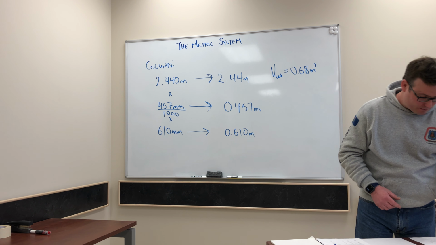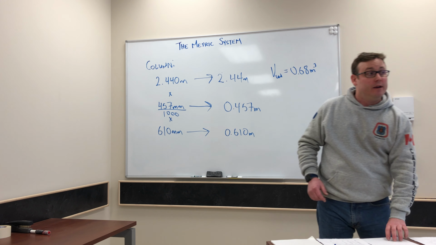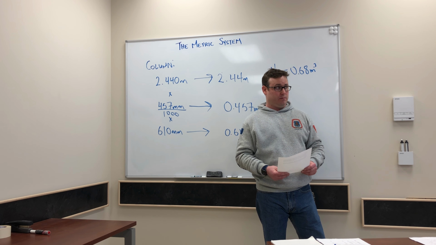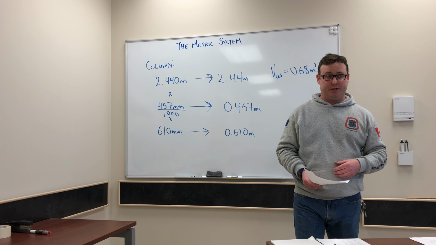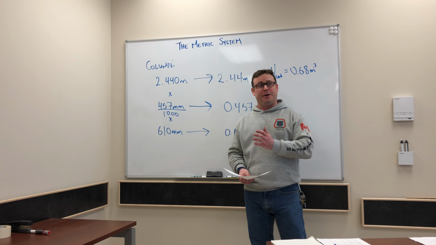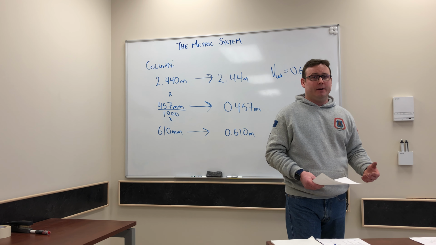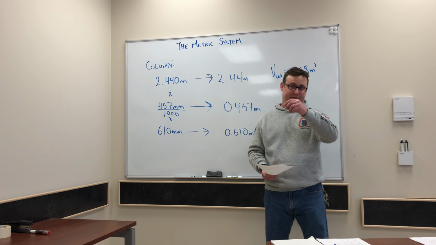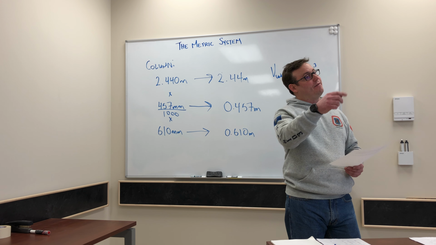So, with that being said, we're going to work on our handout. We're going to complete the conversions within the metric system. We'll complete the conversions going from metric to imperial and imperial back to metric. And we're also going to do a measurement exercise with the 2x4s you've got and the values that I've got on the sheet there.